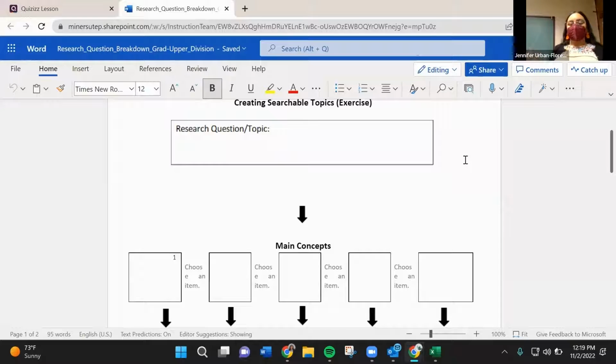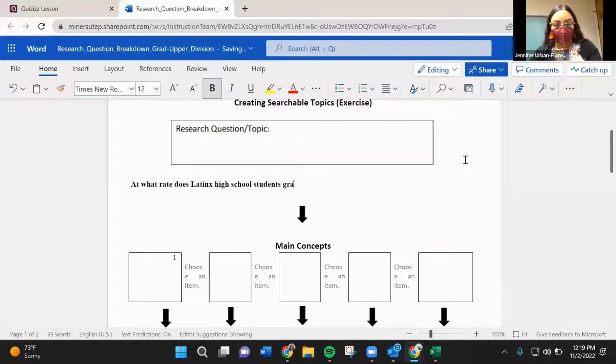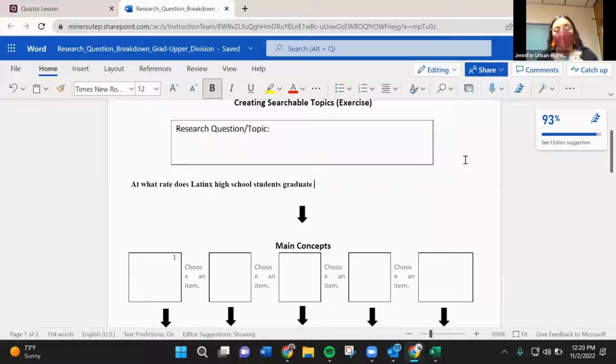So let's do, at what rate do Latinx high school students graduate and move on to four-year universities, right?